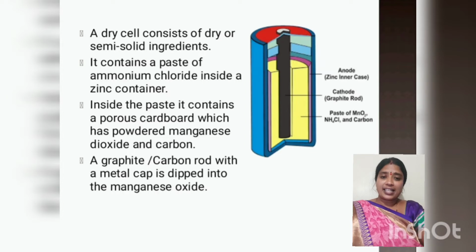Now these dry cells, where are they used? They are useful in our remote control cars, air conditioners, toy cars, television remotes and so on. Now, what are the different types of electric cells? The different types of cells can be primary or secondary. Some types of cells, like the dry cell that you use, are not rechargeable. Once you use it, it gets over, and you have to throw it away.